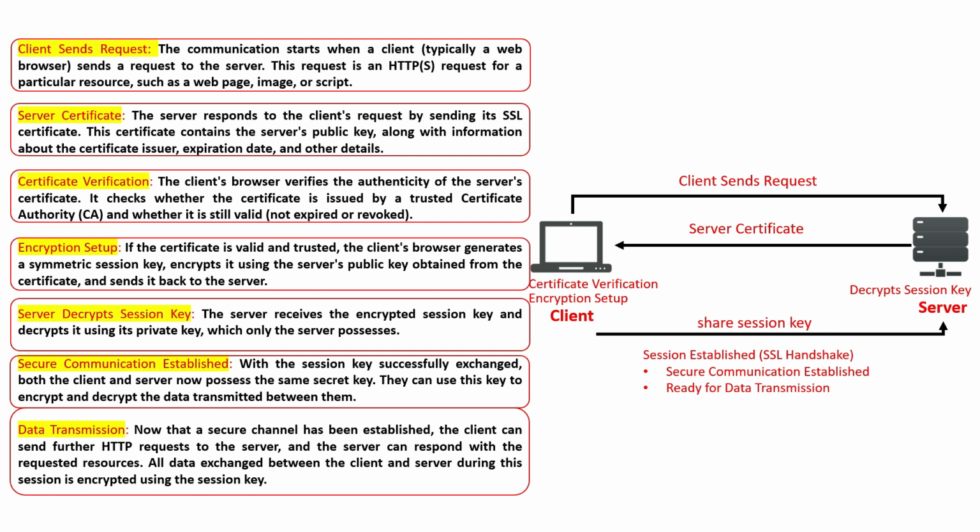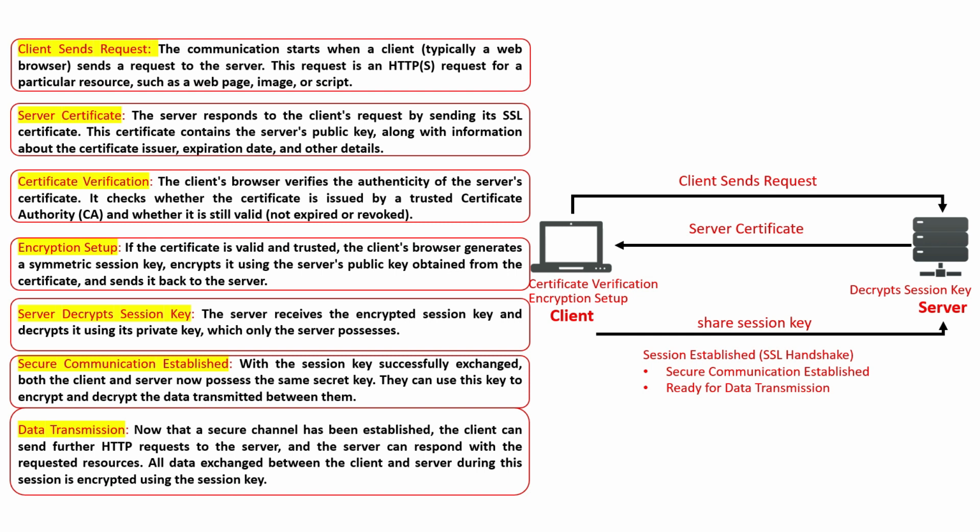So that means once the server is sending any data to the browser, it will use the same key for the encryption of the data. Once it reaches the client end, it will be decrypted with the help of the same session key. Now, if you recall, what I said is that in such kind of communication, we use both asymmetric and symmetric communication. So where exactly does asymmetric communication come in, that means where exactly do the public and private keys come into the picture? It is when initially the browser connects with the server, the server shares the SSL certificate with the browser, and then the browser validates the certificate, extracts the public key from the certificate, and generates a symmetric session along with a symmetric key,